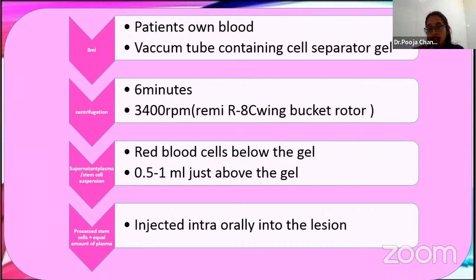My centrifugation machine was very specific. It was Remi 8C swing bucket rotor. After the centrifugation, I got 0.5 to 1 ml of the liquid, that is the stem cells. That was just above the buffy coat layer, that we can tell as above the gel layer. And the red blood cells settled at the bottom of the